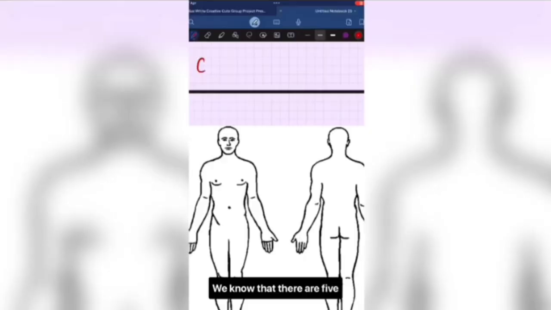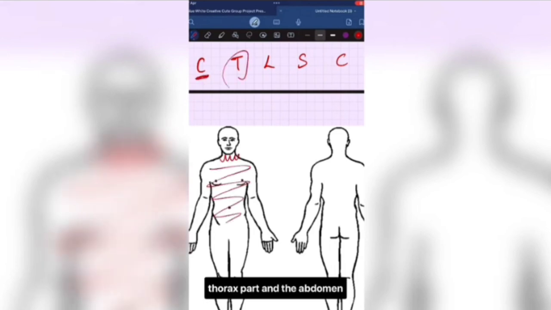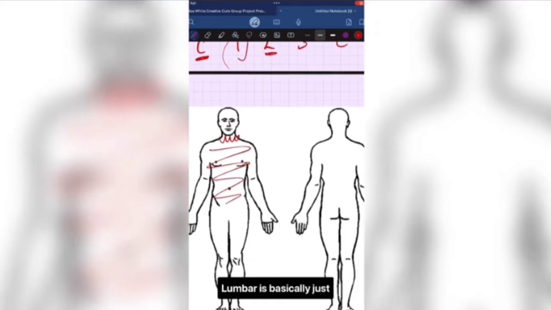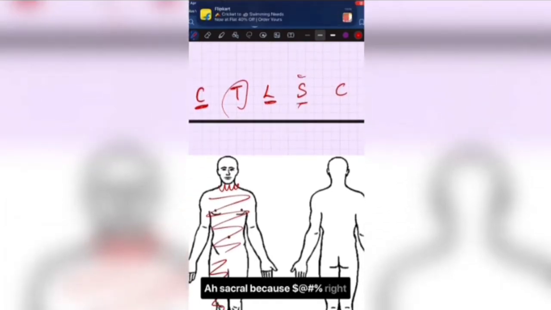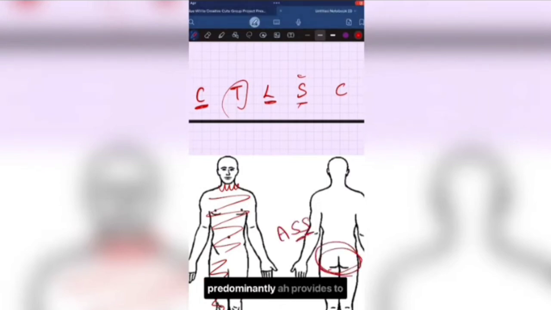5 types of vertebrae: cervical, thoracic, lumbar, sacral, and coccygeal. So cervical, we know that it supplies to the neck. Thoracic is basically the thorax part and the abdomen part. Lumbar is basically, just remember, as L for legs. Sacral, because right, as that has double S, therefore sacral predominantly provides to the ass part. And coccygeal, you can just forget it for now, although it does provide to the coccyx, that is nothing but